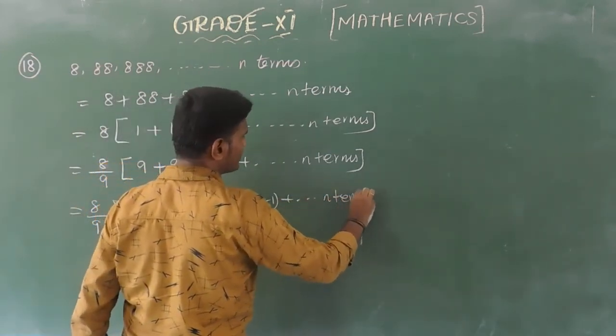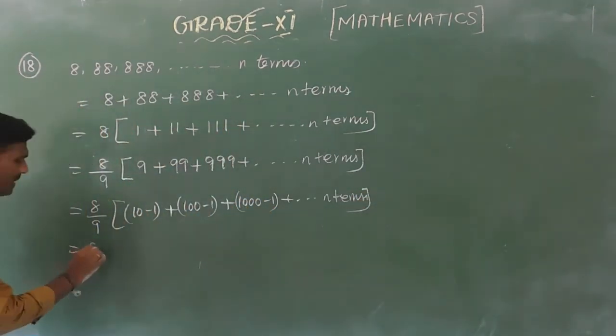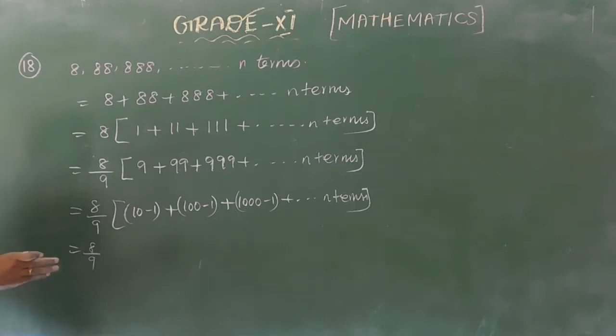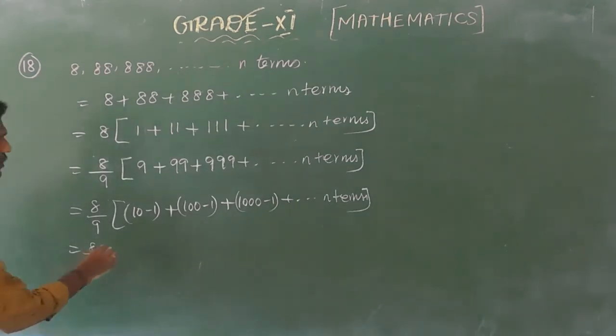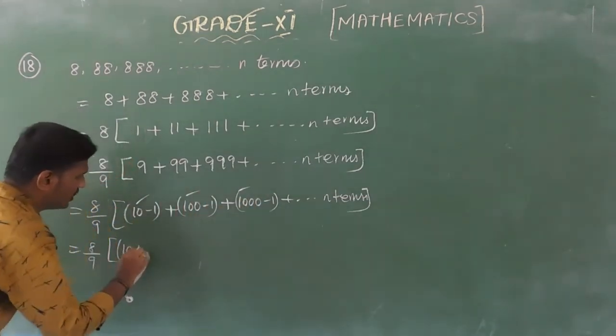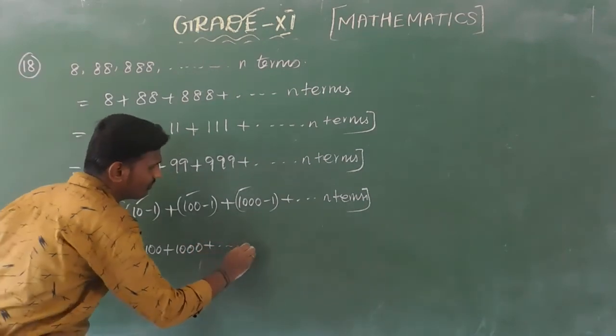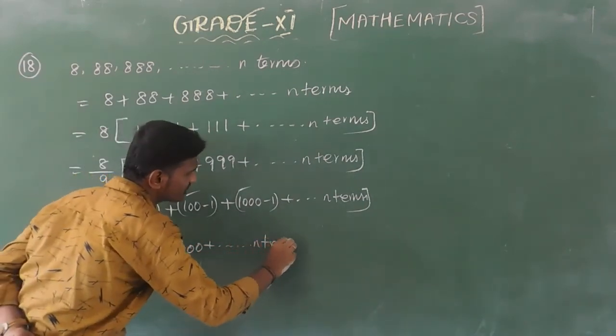I am taking it like that because the powers of 10 are the easiest to find the sum of, that is the main reason. So I am taking the powers of 10 on one side and the remaining on the other. So that is 10 plus 100 plus 1000 plus up to n terms